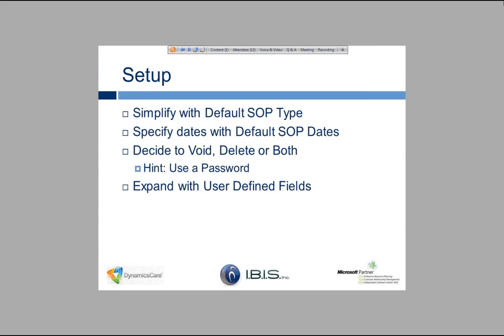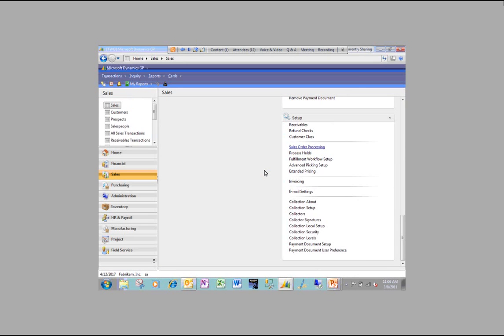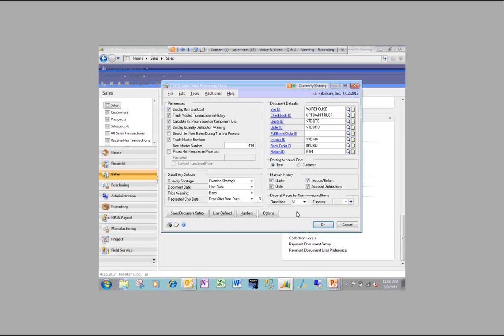All right, so another issue is voiding or deleting transactions. When you're working in Dynamics GP with a sales order transaction, you have the option to allow transactions to be voided or allow them to be deleted. And an awful lot of folks think of this as one or the other. Either I allow them to be deleted or I allow them to be voided, and that's not the way it works at all. You have lots of choices. There are really good reasons around both, so it does depend on your business. The reasoning is,